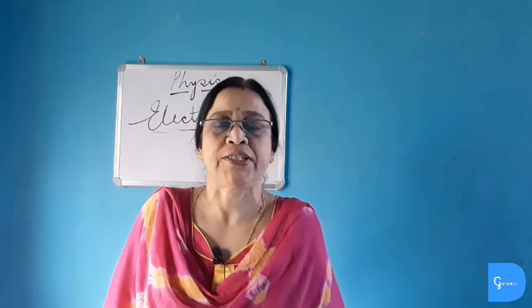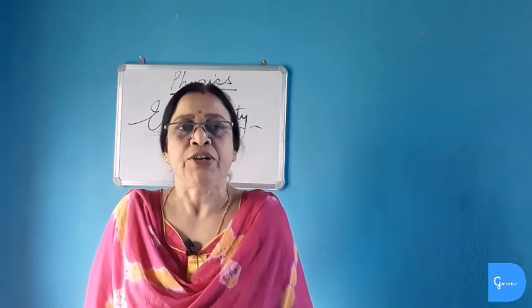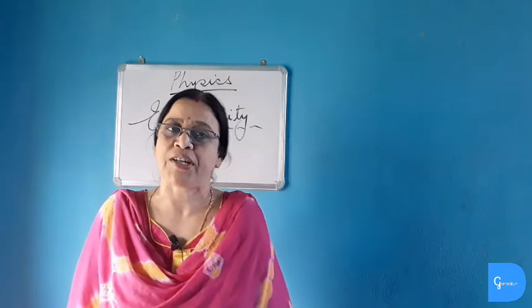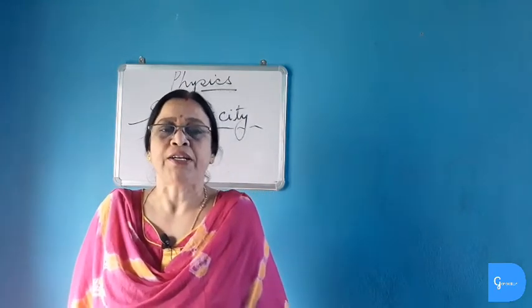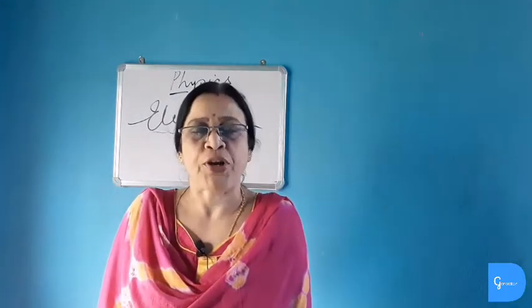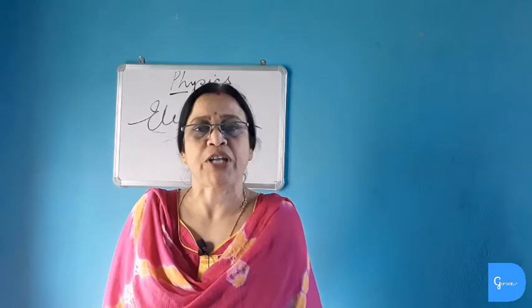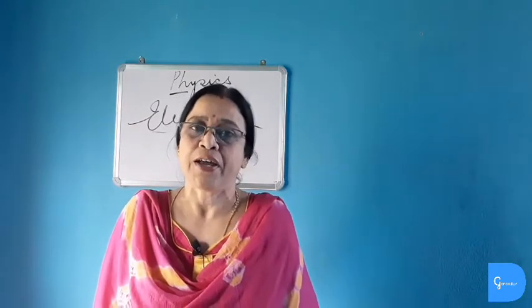Charges of electricity. There are two types of charges in electricity, positive charge and negative charge. When a glass rod is rubbed with silk cloth, we get positive charge, and when an ebonite rod is rubbed with fur, we get negative charge. Now, properties of electric charge are similar to that of a magnet. Opposite charges attract each other and similar charges repel each other.